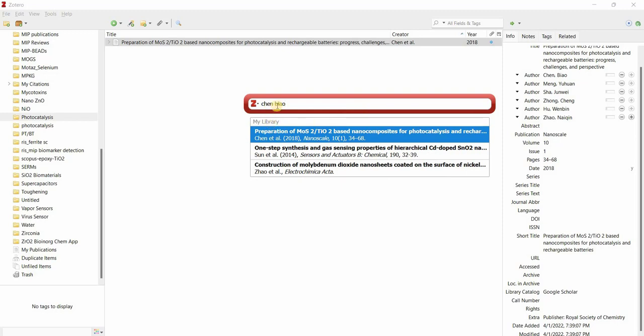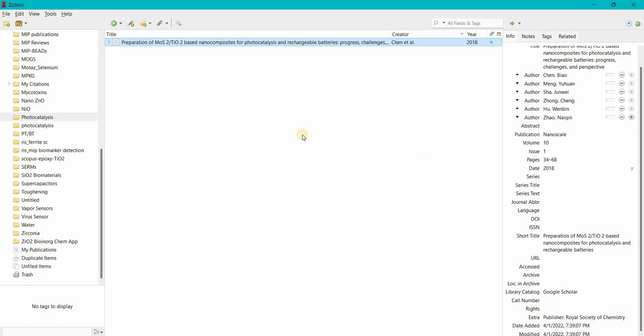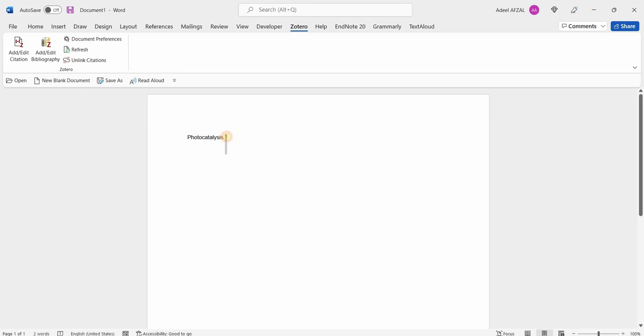So here you see, when I write the first author's name, this paper appears in the list from my library. So preparation of molybdenum sulfide, titanium dioxide. This is the paper that I wanted to cite. You have to click on this and just enter. When enter is pressed, so you see here the reference is already added. Now similarly, you can continue with your document, and when you finish, you have to add all references at the